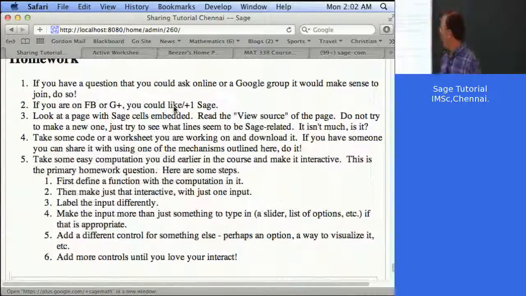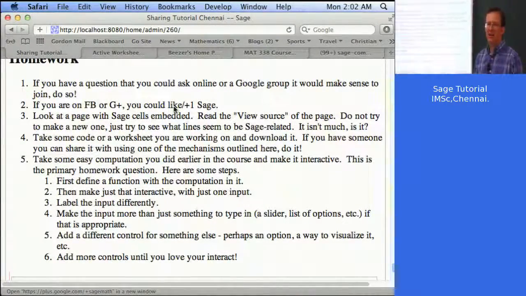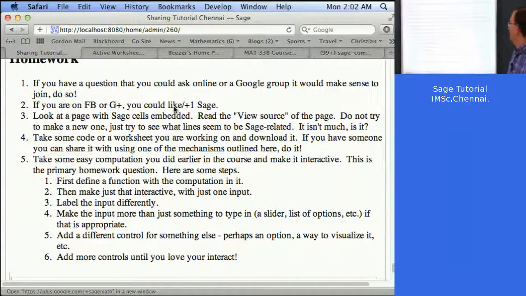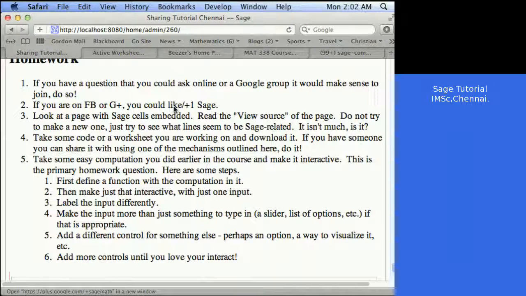You can read the homework yourself, but it's not as intense. It gives you a chance to catch up on the homework from last time. The second one is easy, very easy. And notice that number one, if you have a question, right? If you have a question,